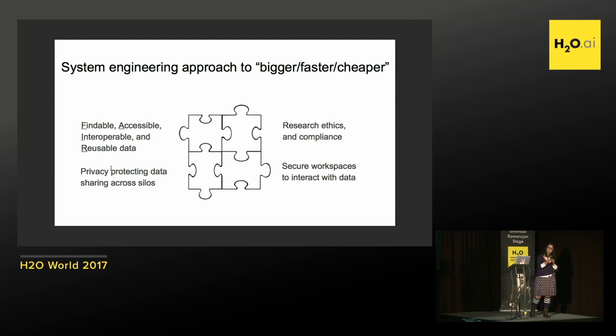So what you're trying to do is a distributed analysis across different sites without sharing the data. So that's where the interoperability comes in, and then you layer a privacy-protecting method of analysis across these data sets. So that's the second point in here. And this is in its very nascent stages. There is some really exciting work that researchers are doing, but these methods are by and large not available